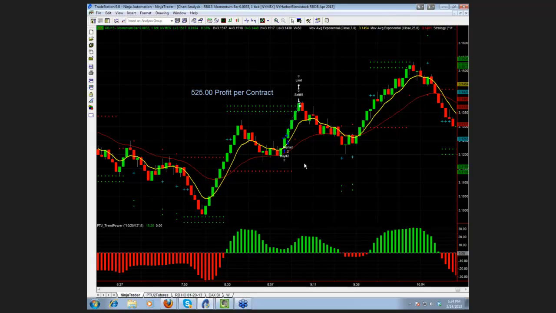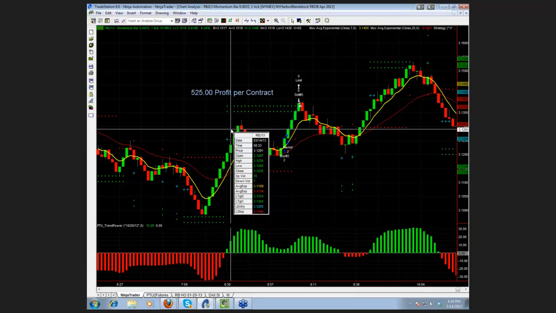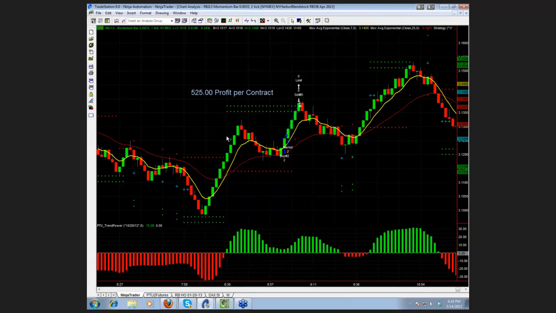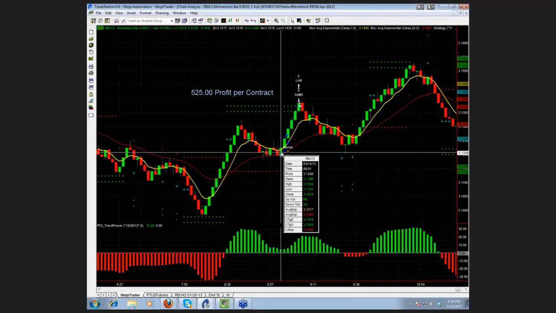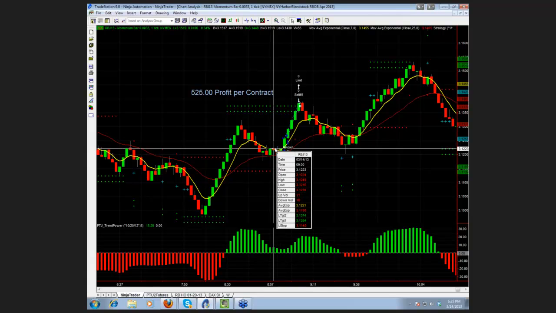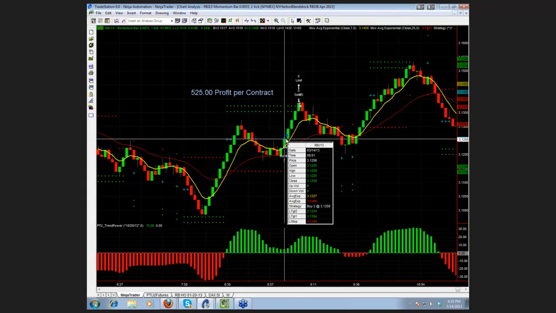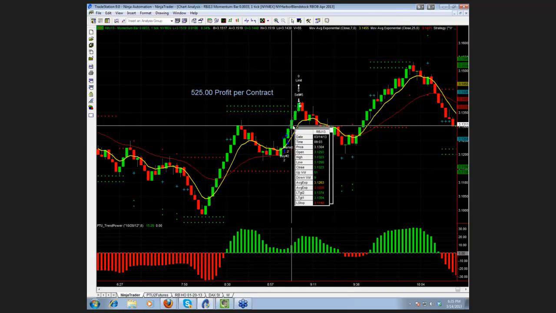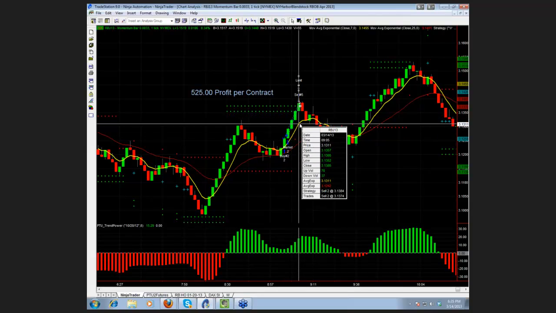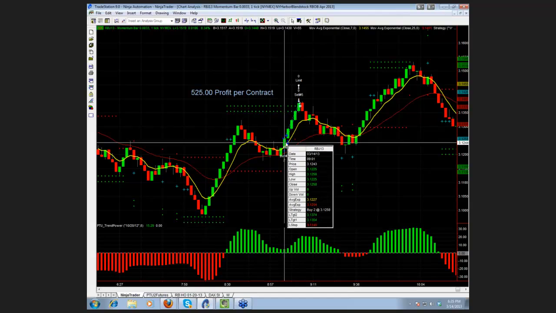So what I'm showing you here is actually a trade that I took this morning on RB. It's a get in sync trade. I'm not going to get into the detail there, but you can see the trade setup came at 8:33. We start trading RB at 8:50. So it's a get in sync because the trade setup actually came before our start time, and we had the opportunity to get on board that trade. Now this is 9:01 right here. This is my start time, 9:01. This trade entered our entry point and went to our full target within 4 minutes. Now that is high-speed trading right there. We had plenty of time to get into this trade,